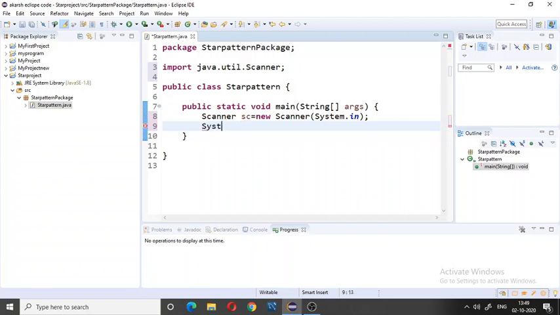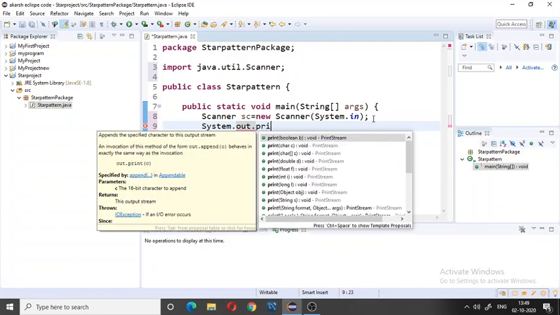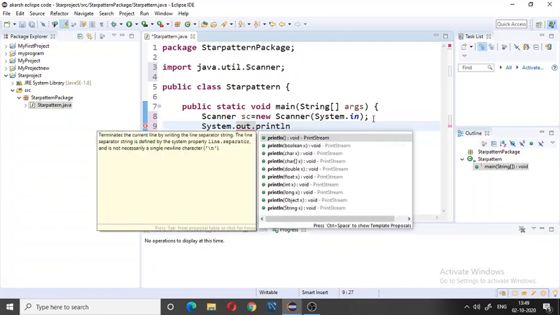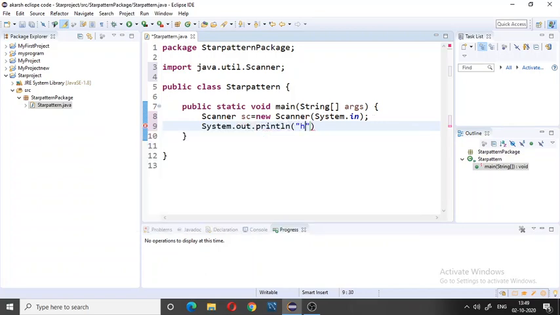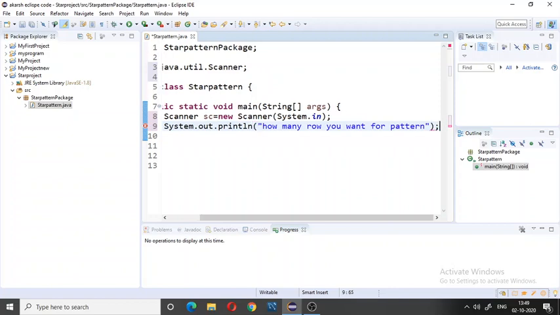Here we write System.out.println, "How many rows you want for pattern?" semicolon.